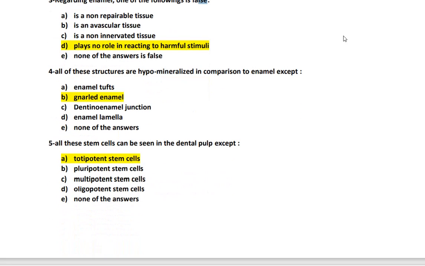All of these structures are hypomineralized in comparison to enamel. So كل structures اللي هلا رح نحكي عنهم رح يكونوا hypomineralized. الإنامل tufts yes، لأن أصلا الإنامل tufts معمولين من بروتين اللي هو التفتولين، وهو عبارة عن بقايا من البروتين ماتريكس اللي تشكلت خلال تكوين الإنامل. لأنه الإنامل كيف بتشكل؟ بتكون عندي أول شي بروتين ماتريكس، وهاي البروتين ماتريكس بصير لها mineralization. بقايا هاي البروتين ماتريكس بتشكل لي الإنامل tufts، فأكيد هاي hypomineralized.